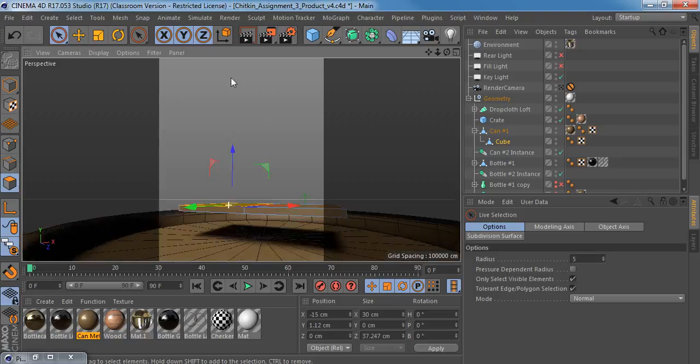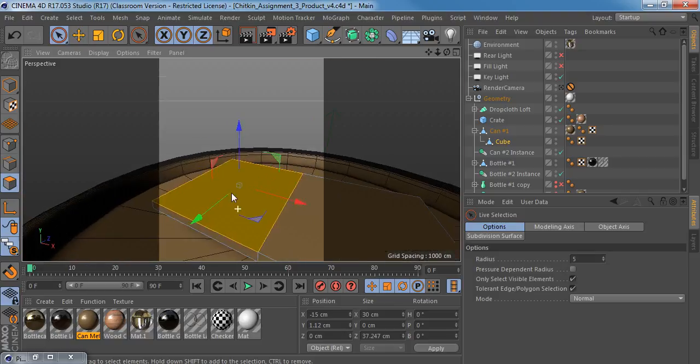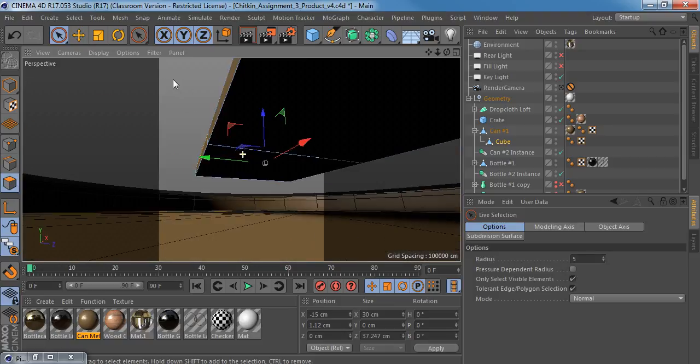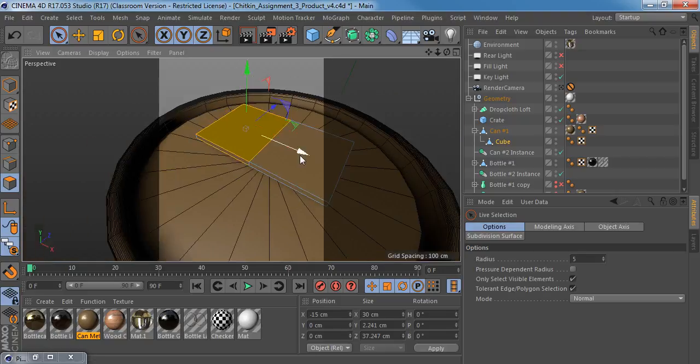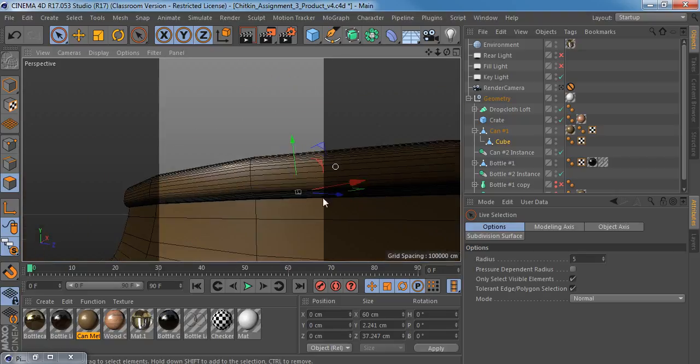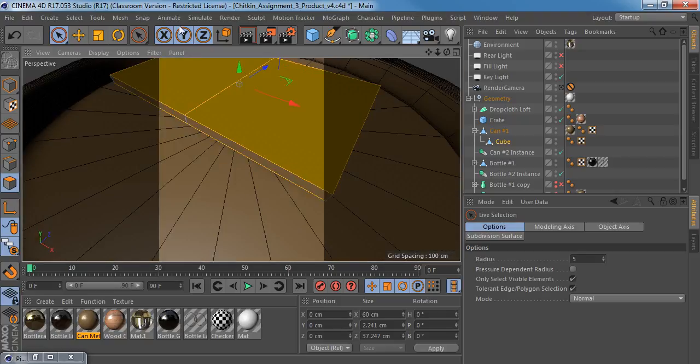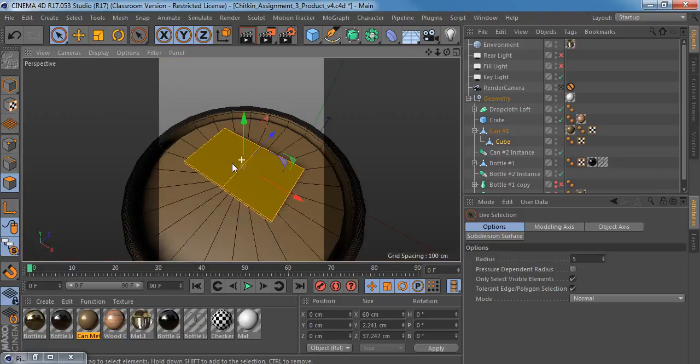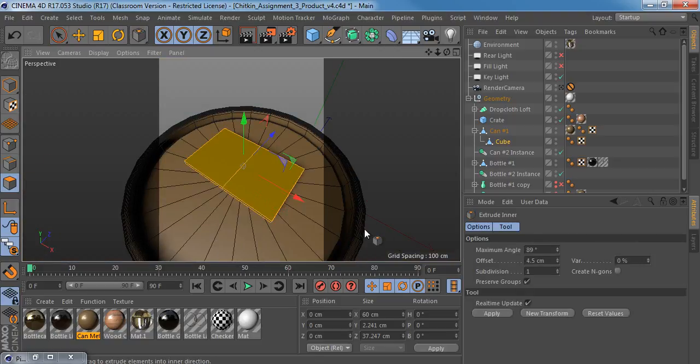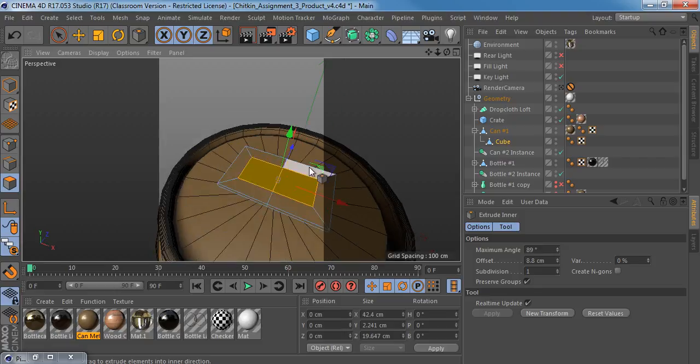And so now what I want to do is select both of these and both of these edges, or polygons, sorry. Go to my Inner Extrude Tool, and I want to uncheck, in this case, actually let me just do the command and we'll go over what the difference is. So what I want to do is make an inner extrude and then delete